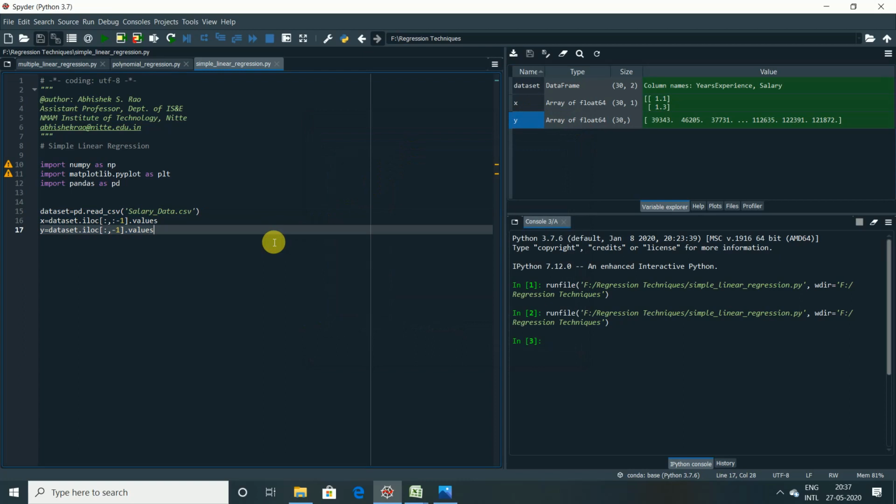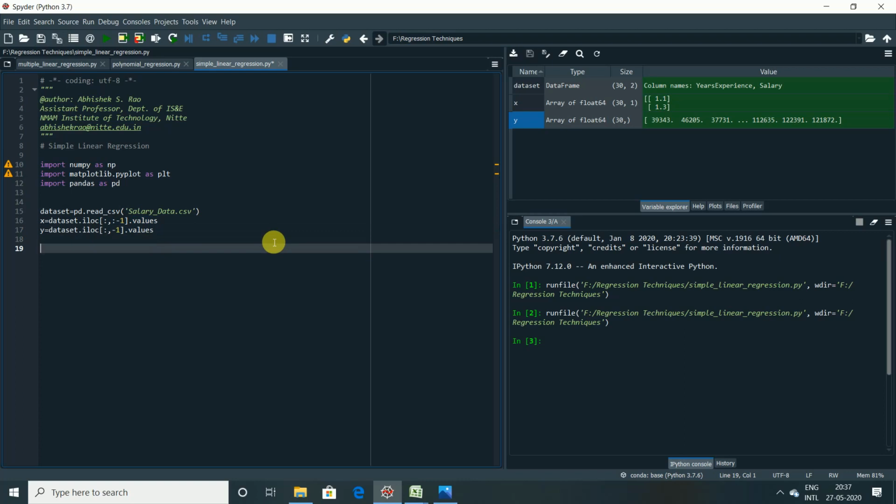Now let me go to the training and test split ratio of the data set. As we all know, for the training we take 80% of the data and for testing we take 20%. You can also take 70% for training and 30% for testing, but don't go less than 70%. That is the recommended ratio we give for training and testing.